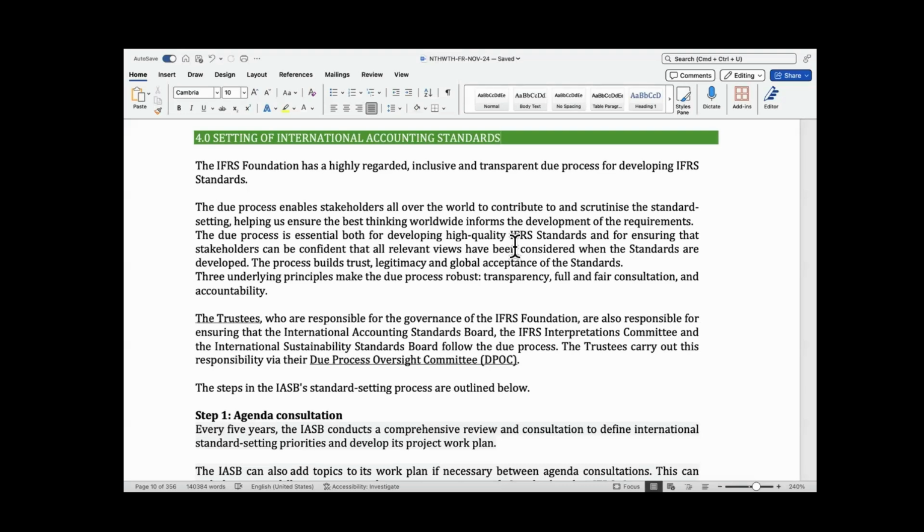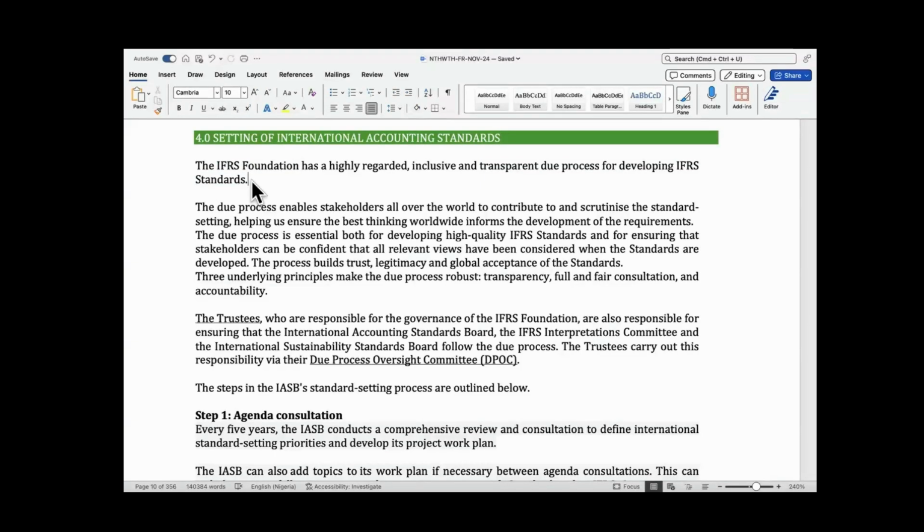This is the process they follow in developing accounting standards. And I can tell you categorically that the IFRS Foundation has an inclusive and transparent due process for developing IFRS standards. So the way they develop IFRS is not